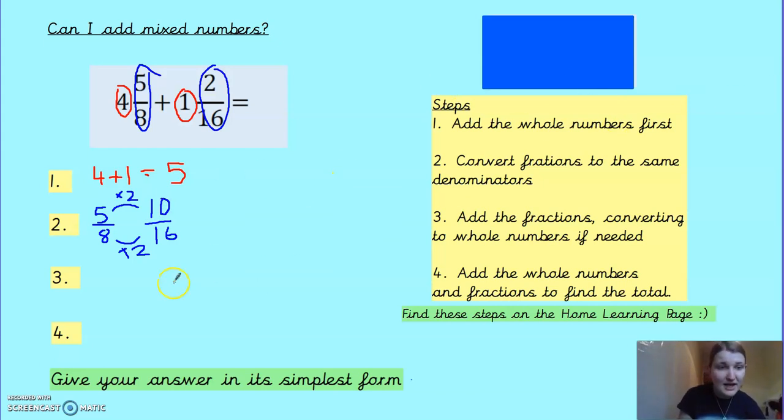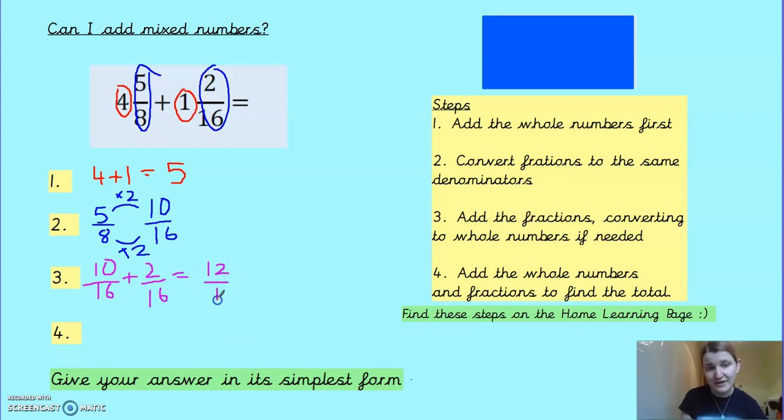Okay, so now step 3 is add the fractions, convert into whole numbers if needed. So I'm adding 5/8, which is now 10/16, and I'm adding that to 2/16. Okay, 10/16 add 2/16 is going to equal 12/16. Now, the final thing we need to do before we then put those two bits together,